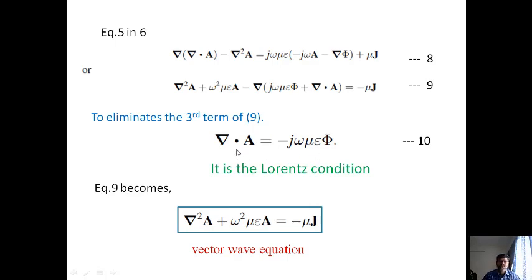If you see the 10th equation, this equation has two potential functions, A and pi. That means these two potential functions are coupled together. Once we apply these conditions, we can make this equation become a single variable equation: del square A plus omega square mu epsilon A equals minus mu j, which has only one variable. Whereas if you see the ninth equation, it is in A as well as in pi, a function of both. Therefore, it is a coupled equation of A and pi. In order to make an equation which has only one variable, we have applied the Lorentz condition.